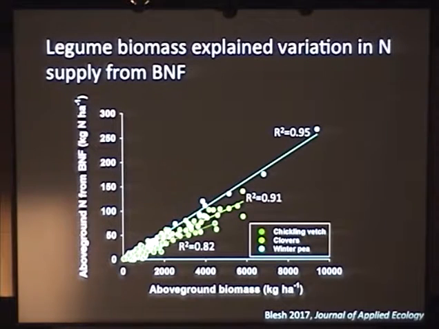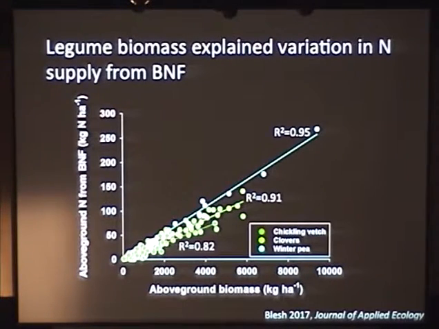We also found that there was a huge variability in the amount of nitrogen that was supplied by biological nitrogen fixation. So we measured this using stable isotope methods, and that was driven largely by the amount of legume biomass that was produced as expected. But the rate of nitrogen fixation, the particular trait in the plant, the proportion of nitrogen that comes from the atmosphere, that varies. And you can see that winter pea, which has the higher slope here, was fixing nitrogen at the highest rate. But ultimately, from a farmer perspective, the amount of biomass that's produced is what's going to drive the function of interest, which is nitrogen supply to the field from nitrogen fixation.